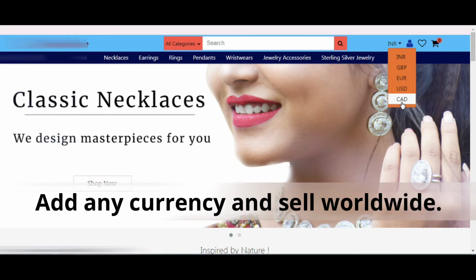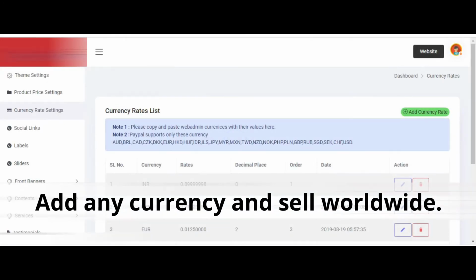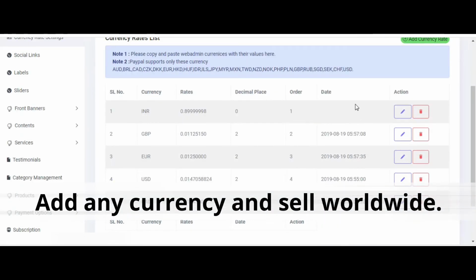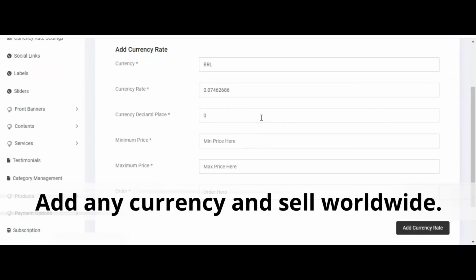As you know, you can add different currencies to sell worldwide. This is how it works. Put the rate and other required details here, and here you go.